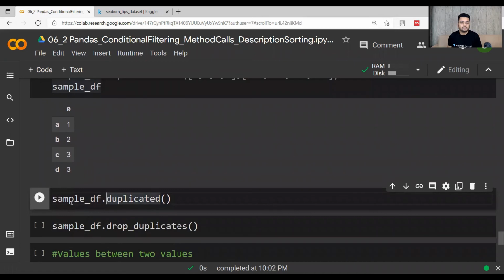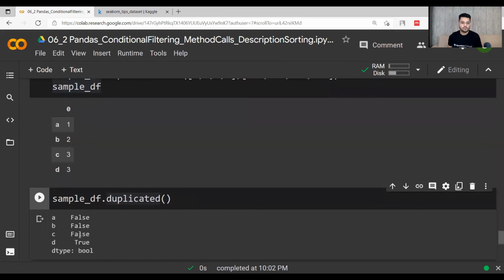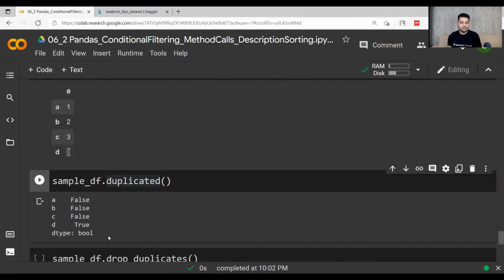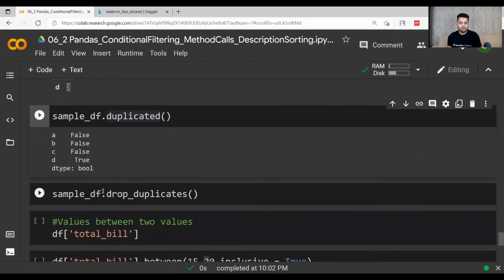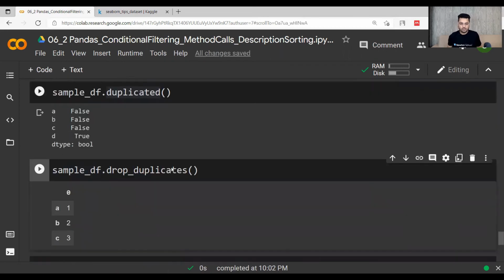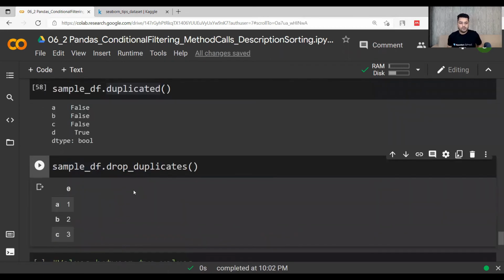If I run sample df.duplicated, it gives me false, false, false, true. Why? Because this 3 is the duplicate value, which is at the d location, so it is true here. Now if you do drop duplicates, it will actually drop the duplicate rows in which true was there, right?